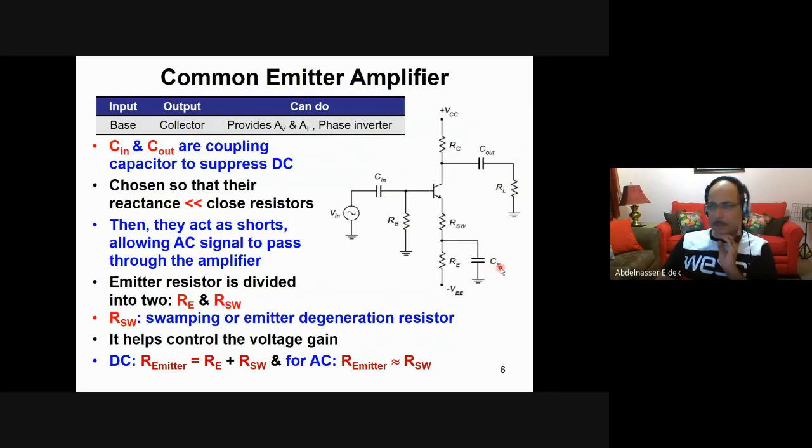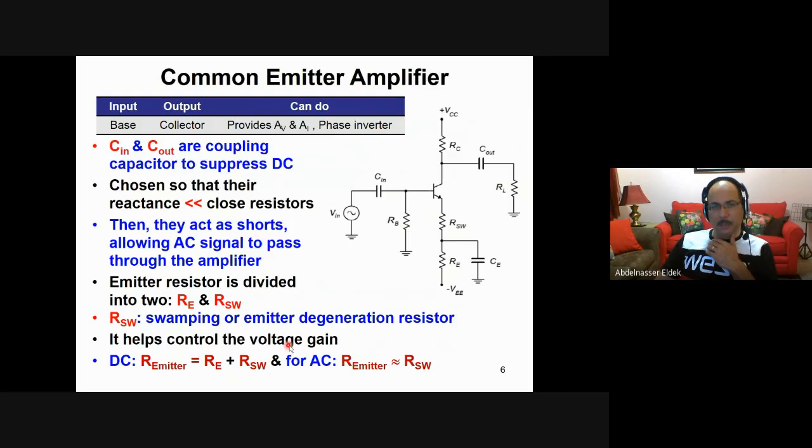This is for the emitter. And we have a resistor here. If you look at the emitter side here, we have two resistors. They designed it so that we have two resistors. One is called RSW, or swamping resistor, and this is a regular emitter resistor. The swamping resistor is useful because we can use it to